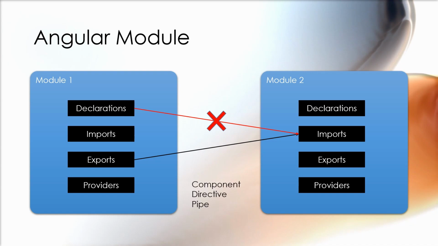The declarations array can hold the components, directives and pipes that are part of this current module. So it sort of defines the different pieces that this module holds. The imports array, as I said, imports the dependencies of the current module. It imports the features from other modules. Exports defines the features that you want to be exposed from this module so that other modules can use those features. Those are defined in exports, and exports can contain those elements which you have in the declarations or which you have imported into the module.